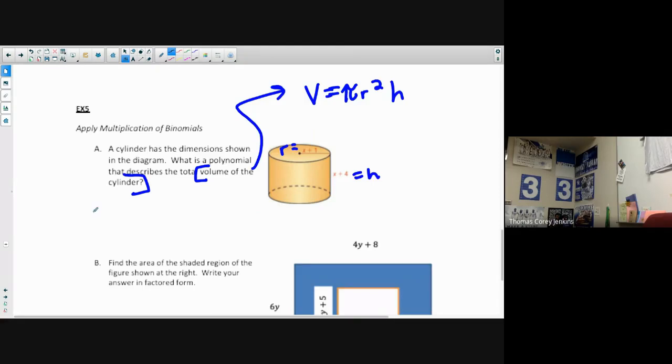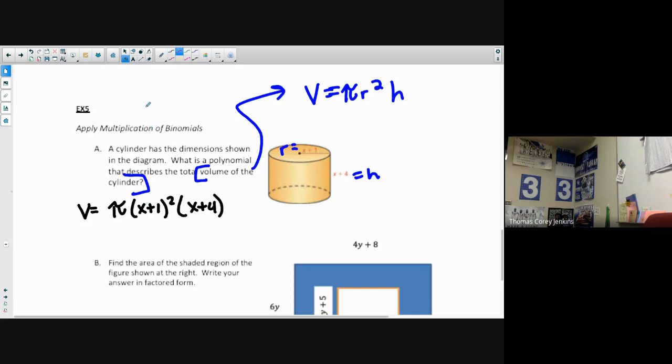So volume equals pi times radius, which is x plus 1, so x plus 1 squared times height, which is x plus 4. Okay, so this one right here, most of you would probably do wrong. You'd probably write something like x squared plus 1 squared, like you're distributing the exponent. But remember, what that means is,